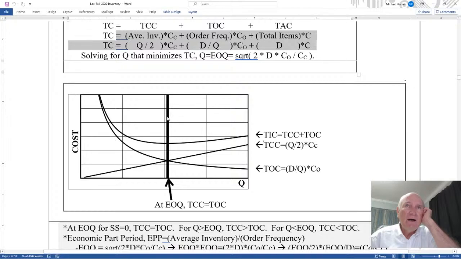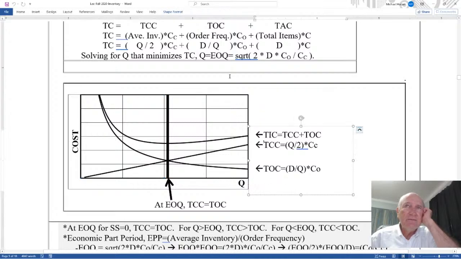First of all, here's cost, and here's Q. This line right here, as Q increases, the cost increases. This line is really the total carrying cost, because it's linear in Q. As Q increases, the carrying cost increases, and that's this equation right here